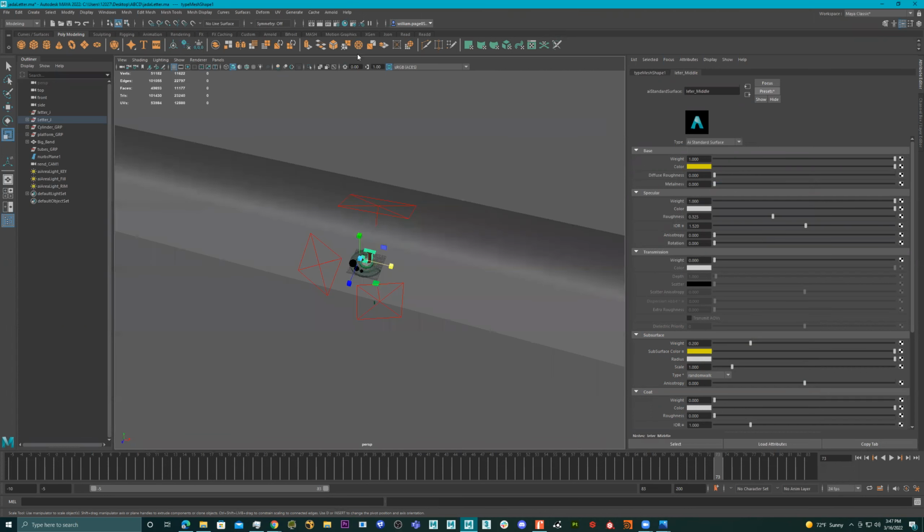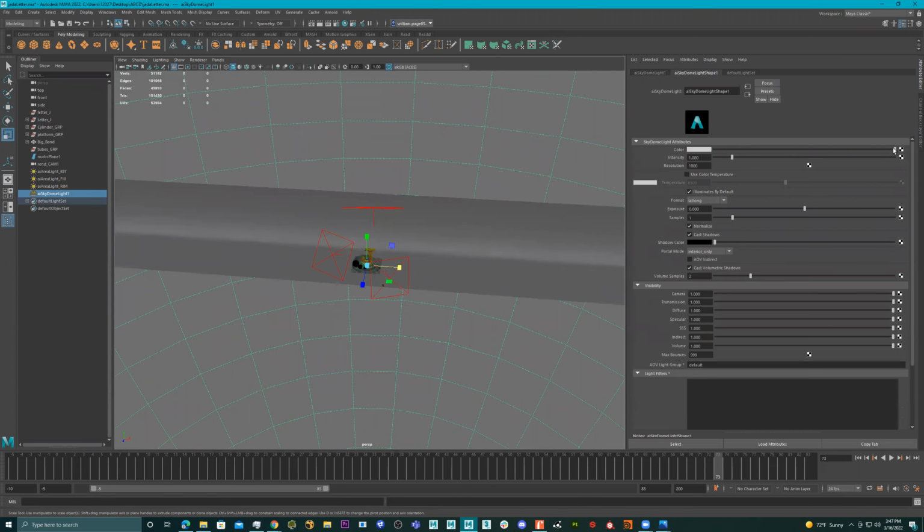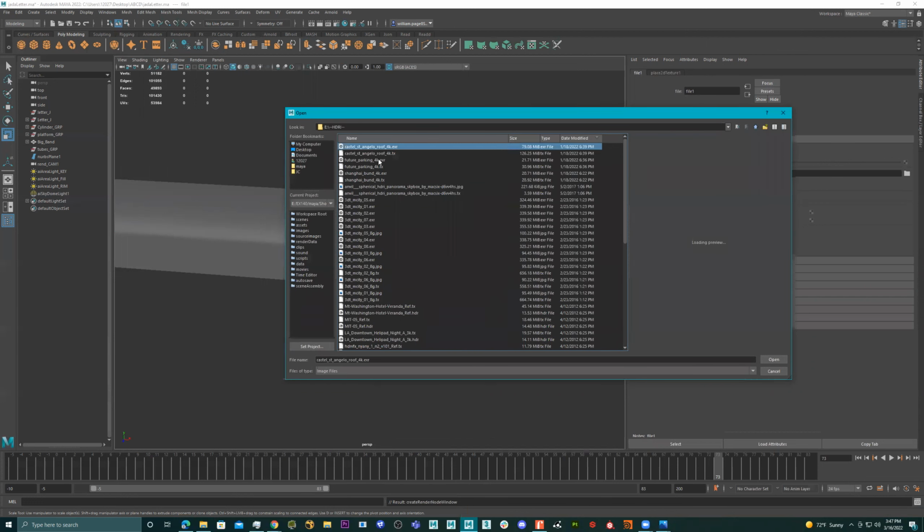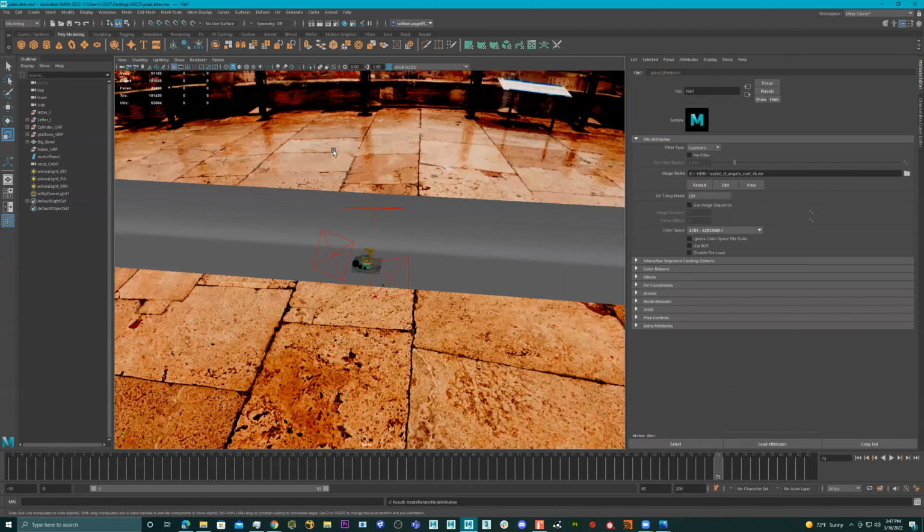So now let me add in my dome light. And sometimes I'll do all this stuff before I even animate. It just depends on what mood I'm in. All right, so let's go here, go to this, and I'll go to my file. I'll find myself a dome light, HDRI. So a bunch of them in here. Let's see. And the ones that say .tx are ones that have already been converted. So this one right here, let's see what it looks like. And hit it with a